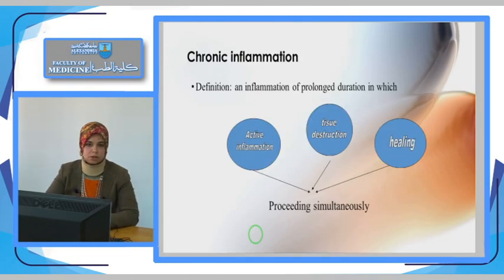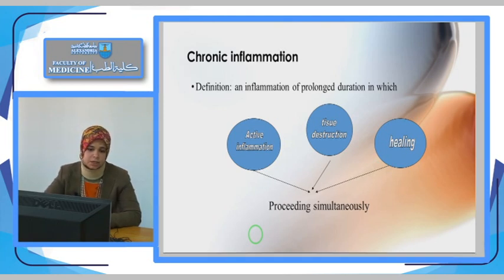Now we have finished acute inflammation. We are going to talk about chronic inflammation. There was a comparison in the first lecture between acute and chronic, and we'll summarize these differences again at the end of this lecture. We know that acute and chronic differ in the onset: as the name says, acute has an acute onset and lasts for a shorter duration, unlike chronic, which has an insidious onset and lasts for a longer duration.